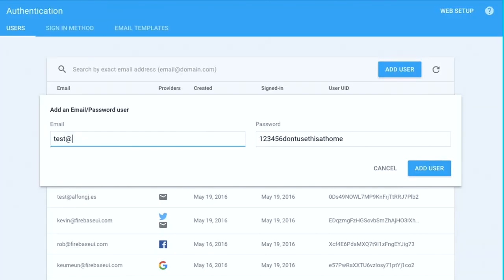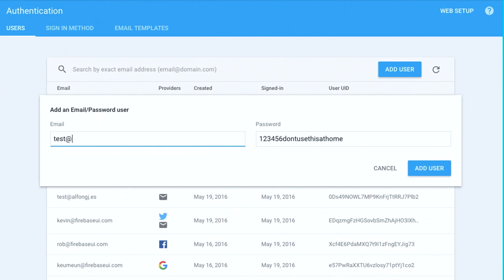OK, so let's say you've got some users signed in. The next thing you want to do is make sure that this is actually working. For that reason, we've specially designed this console of users that you can access through the Firebase console, which is especially designed for those initial steps when you're starting to build your authentication system and want to see your accounts as they're being created.